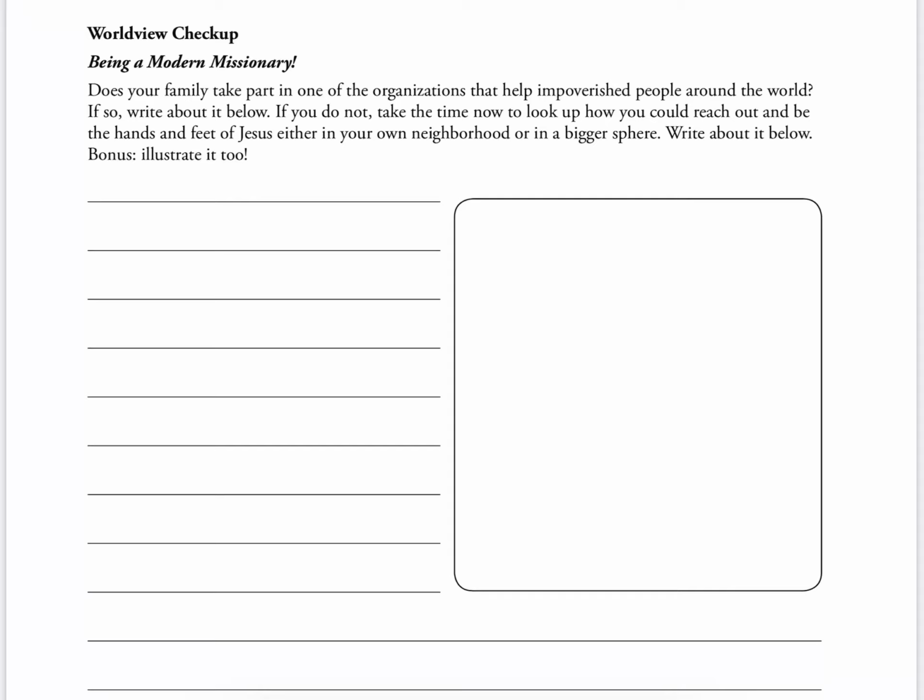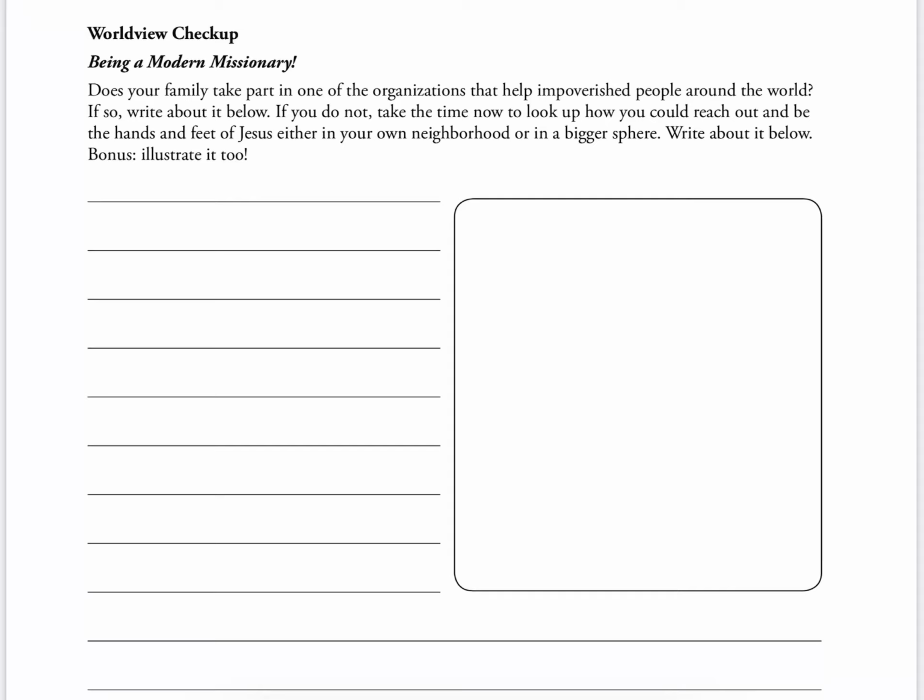If your family gives to missions through the church, and some of you may not know this, giving to missions would be when the offering plate is passed, you can put in your tithe for the church, but you can also put in money and designate it and say that you want it to go to missionaries. And what that does is it helps support missionaries so that they can keep doing the work that they do in other countries. So that would be a great way that probably most of your parents are involved in. So ask them about that, and